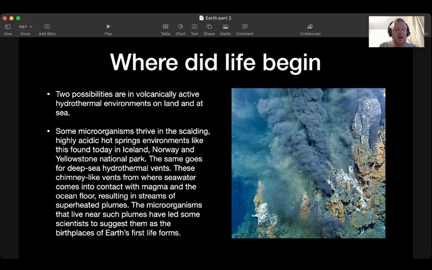These chimney-like vents form where seawater comes into contact with magma, also known as lava, and the ocean floor, resulting in streams of superheated plumes. The microorganisms that live near such plumes have led some scientists to suggest them as the birthplaces of Earth's first